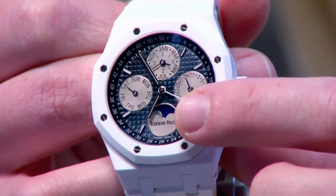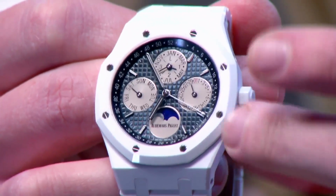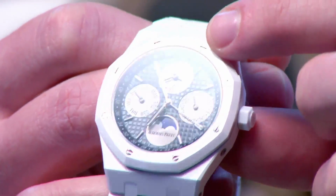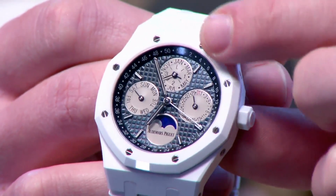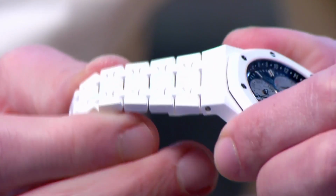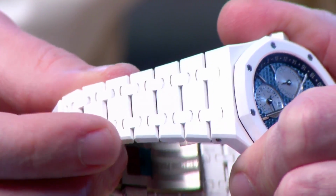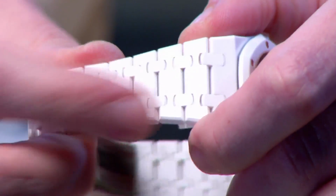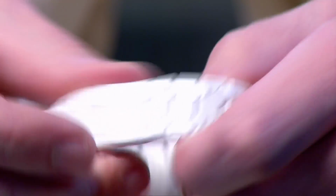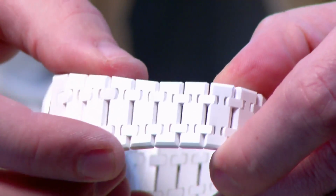There is an aventurine disc underneath the photorealistic moon phase. We have silvered registers for the perpetual calendar indications, and we still have the polished hexagonal white gold bolts inside of the bezel. The bezel is satin finished on its top, polished on its flank. Everything that would be satin or polished on the steel watch likewise is replicated here in ceramic, all of it manually finished laboriously. It takes 9 to 10 hours to finish a steel Royal Oak bracelet. It takes 30 to 33 hours to execute the same level of finish on a white ceramic or black ceramic